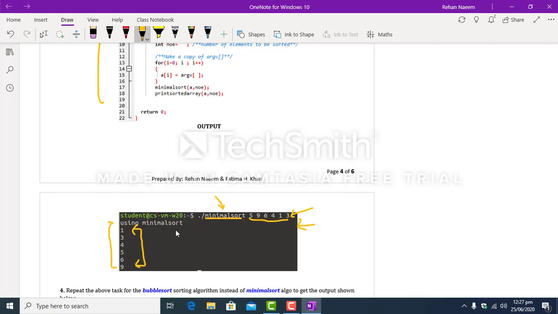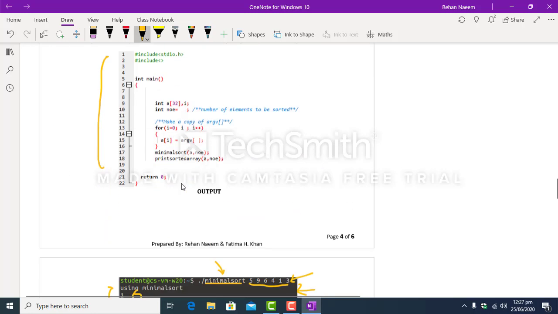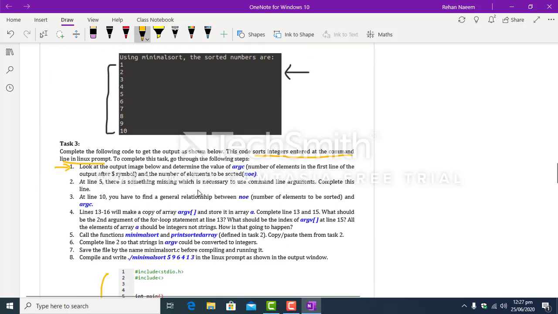So how to do it? Let's go through each of these steps one by one. So in step number 1, look at the output image below and determine the value of argc. If you have gone through lecture number 3, you might know what argc is. So argc is basically the number of elements in the first line of the output after the dollar symbol.